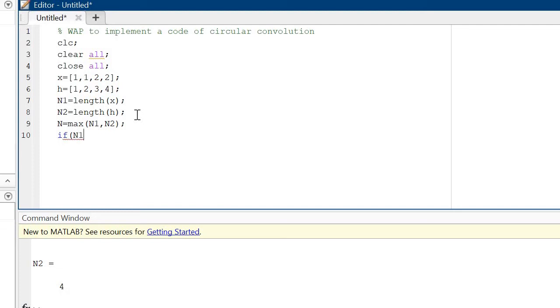If n1 is less than n2, then x is equal to x comma zeros, it means padding. How much? 1 comma N minus n1.